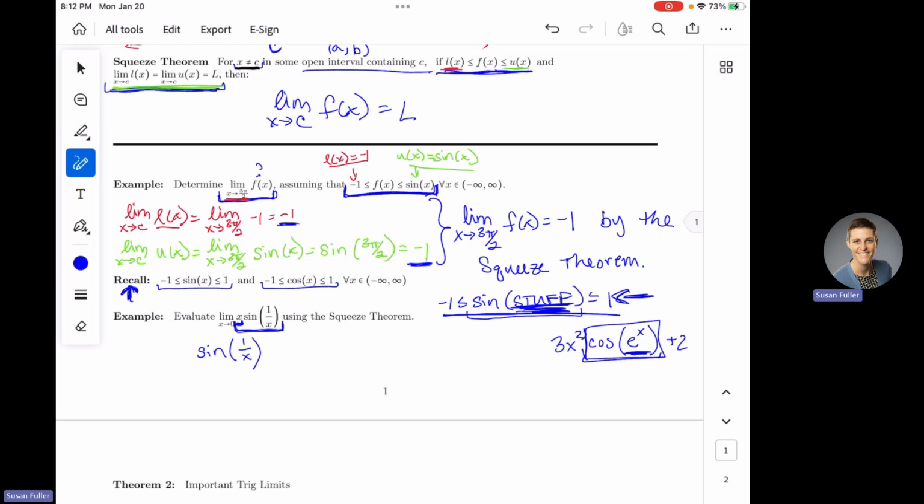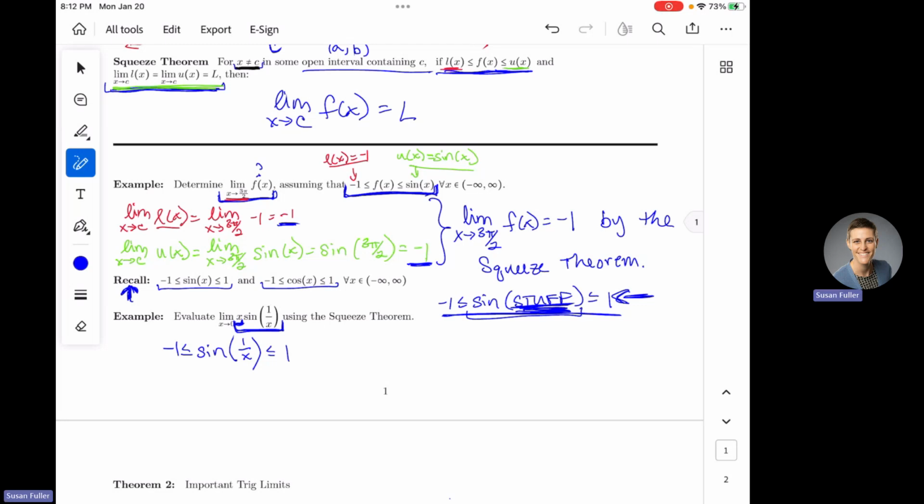Now, because I have stuff stuck inside there, if I ignore that x for a minute, I'm just going to take the sine of my stuff. And because I have the sine of some stuff, I know this is stuck between -1 and 1. So you're going to take the sine or the cosine of your stuff, stick it between -1 and 1, because those are stuck between -1 and 1.